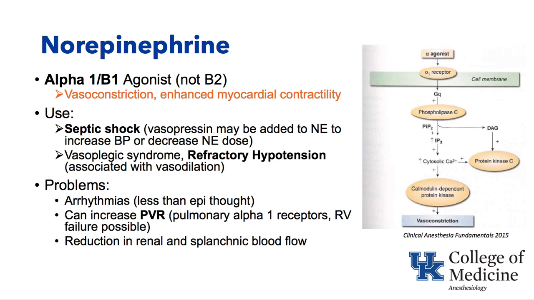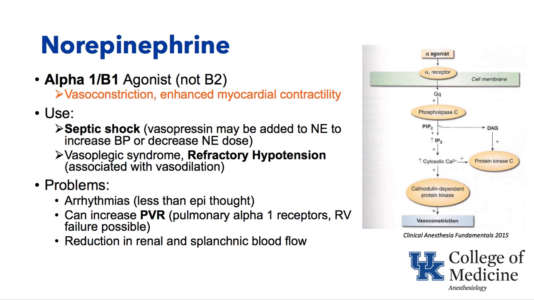So think about norepinephrine administration to a patient who has high pulmonary artery blood pressures and an RV that's not functioning so well. There are probably better choices. Also, norepinephrine is an intense constrictor of renal and splanchnic blood flow, reducing both. So in summary, norepinephrine is mainly used for its alpha-1 vasoconstricting effect, but also has a beta-1 effect and can increase